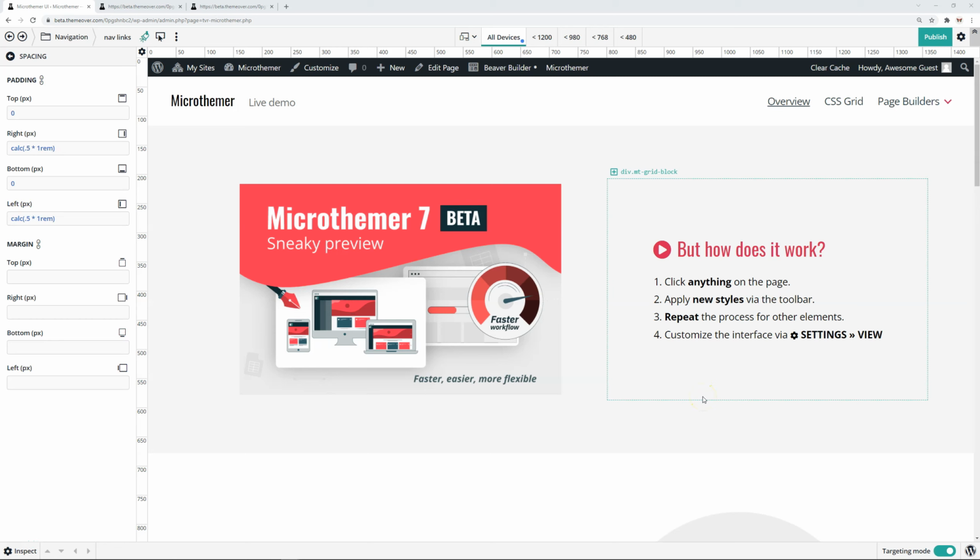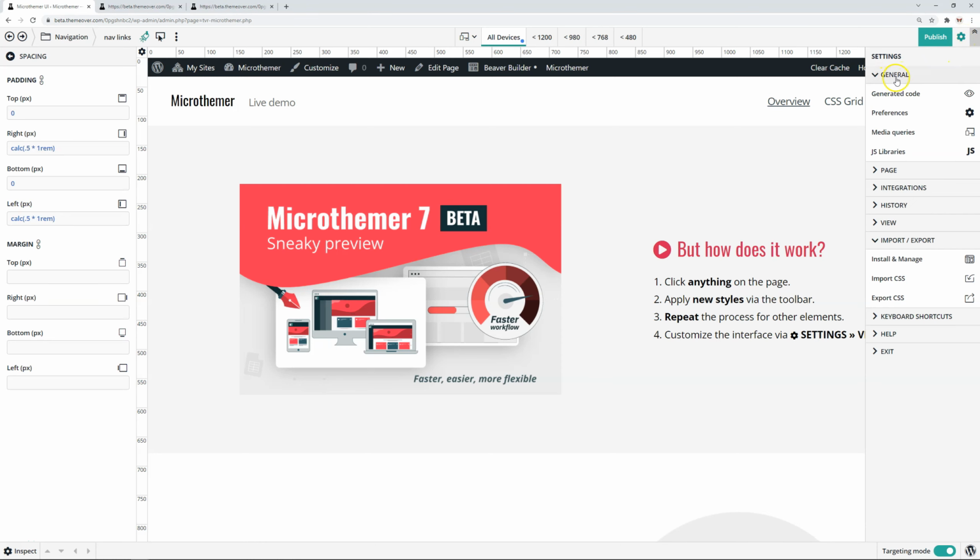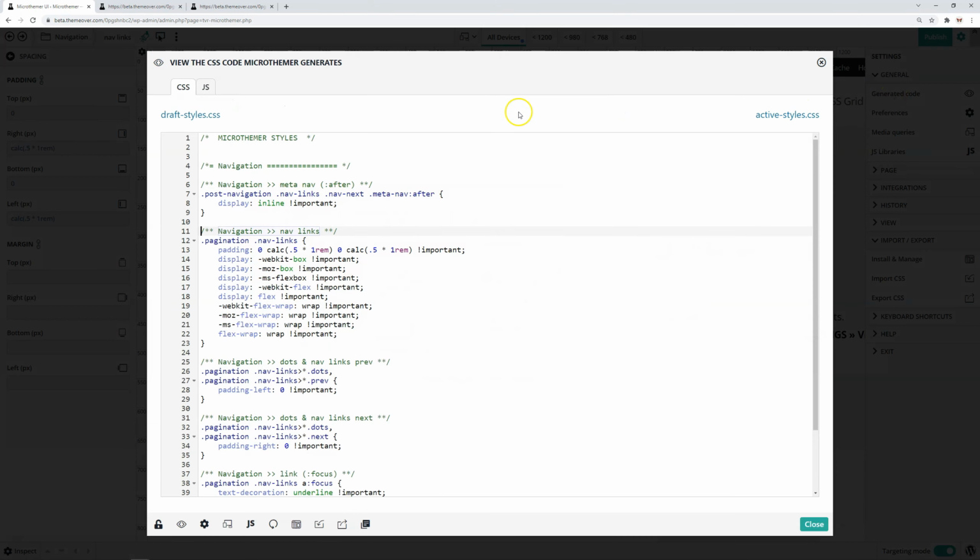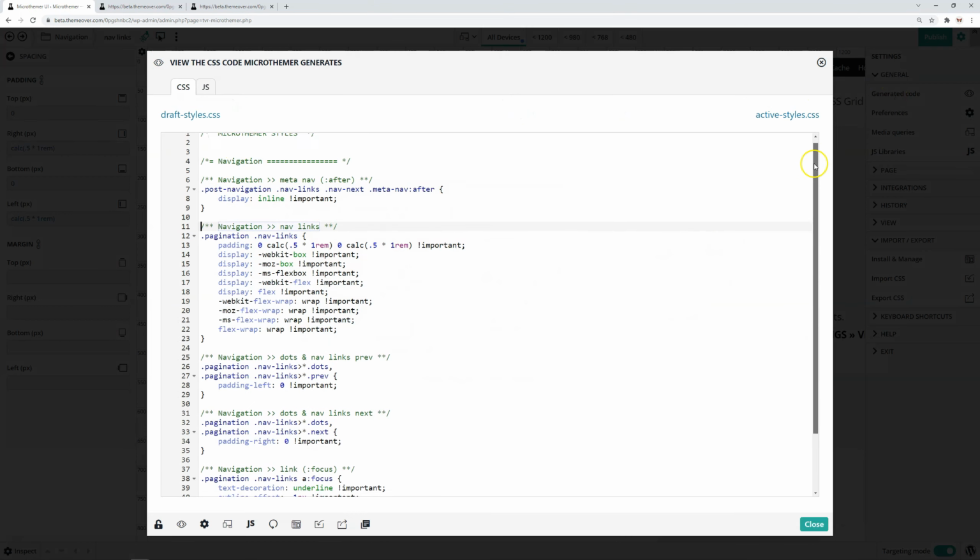Hey, in this video I'm just going to talk a bit about Microthemer's generated CSS. So you can see that anytime via the settings menu. In the general section, if you click on generated code, Microthemer displays all of the code you've got in use